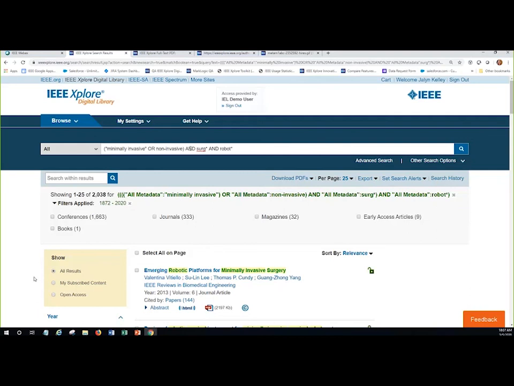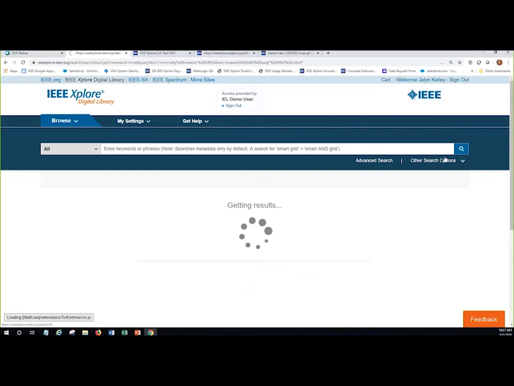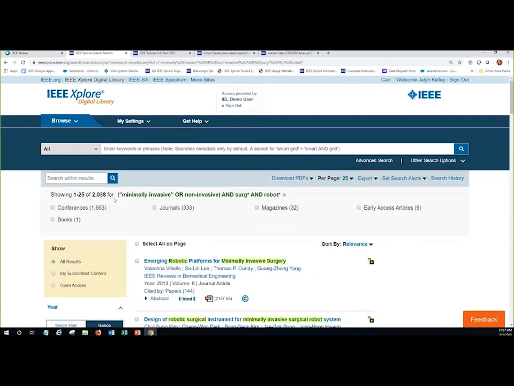But the key is you do need to type those operators in all caps, and you're in control of the nesting, so you need to make sure you put parens in this particular case around the first clause, minimally invasive or non-invasive. But you can see we got 2,038 documents when we did it on the advanced search, and I'm going to get the exact same results here doing it on the global search.